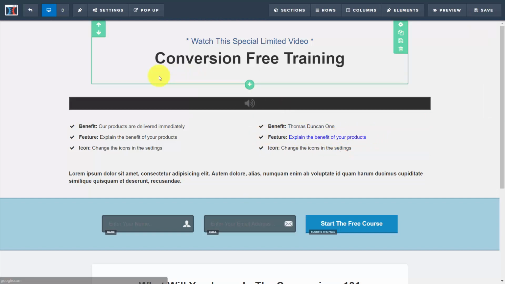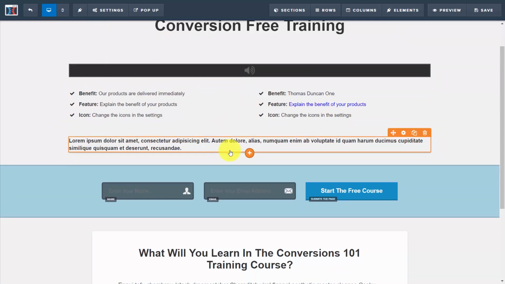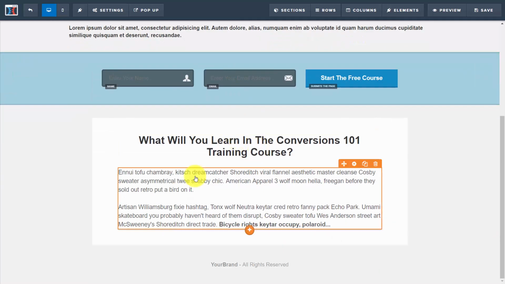So you can add content to any page by choosing sections, choosing rows, and then elements, and adding them into the place where you want them to be. Or you can also clone any existing element to keep the continuity of the